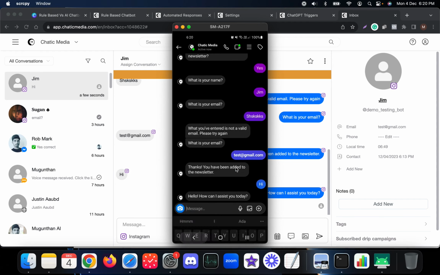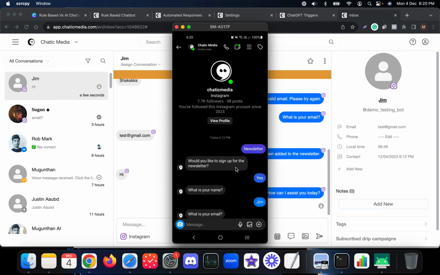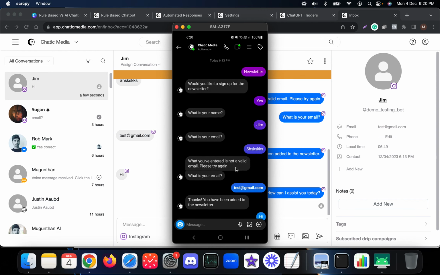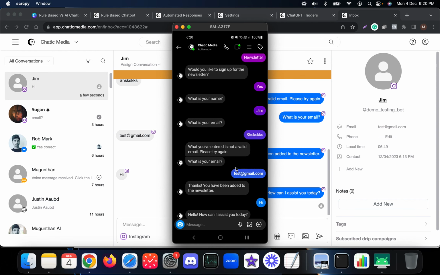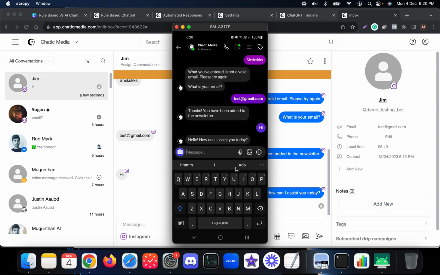So if you remember, for the rule-based chatbot, we sent this particular keyword, newsletter, and only then did it trigger this particular flow and collect our name, email, those sorts of things in a rule-based approach, one by one or step by step. So here, instead of asking about newsletter, let me do that. How can I sign up for the